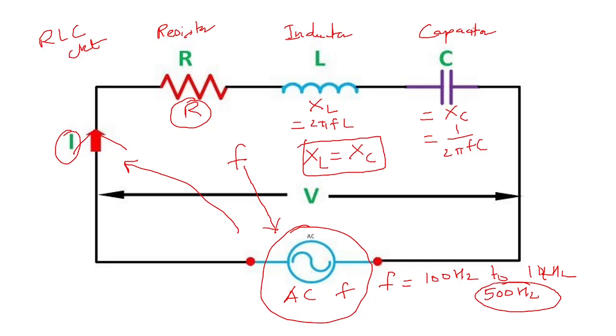And then here we will see the characteristics of this, what happens when series resonance takes place. Now if XL is equal to XC, that is the reactance of the inductor is equal to the reactance of the capacitor, if they both are equal and opposite, their effects are cancelled out, then only resistance remains in the circuit. Then the circuit resistance will be minimum at that particular resonant frequency. And because the circuit resistance is minimum, the current flowing in the circuit at that frequency will be maximum. These are the two important characteristics of series resonance which we have to remember.